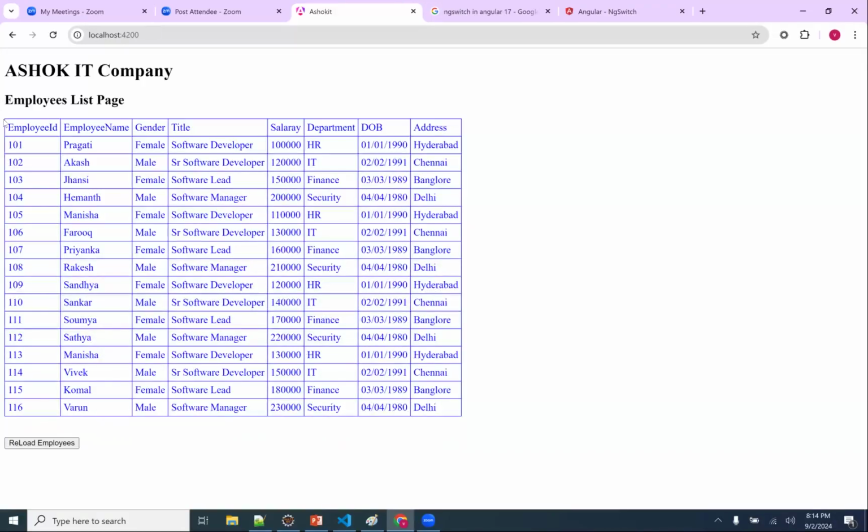I populated the table tag with 16 employees. Is the table tag going to be reloaded with all 18 employees,